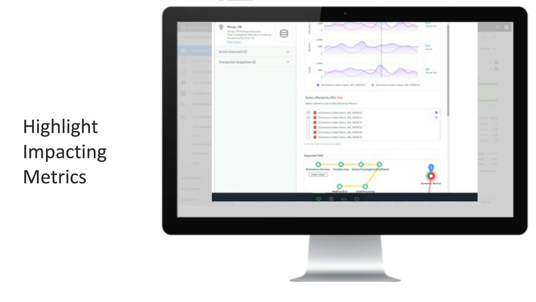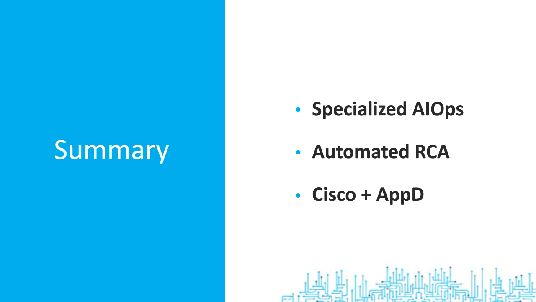Now, to summarize, we've covered a lot in the last several minutes, and I don't expect you to remember everything, but I definitely want you to walk away with knowing these three things. Number one, AI ops is a growing, expanding $11 billion market. Specialized AI for IT operations, or AI ops, is a necessity. And don't think of AI ops as a luxury. Think of it truly as a necessity for your organization. Number two, automated RCA is a key enabler for closing the loop and the CNS vision. And number three,